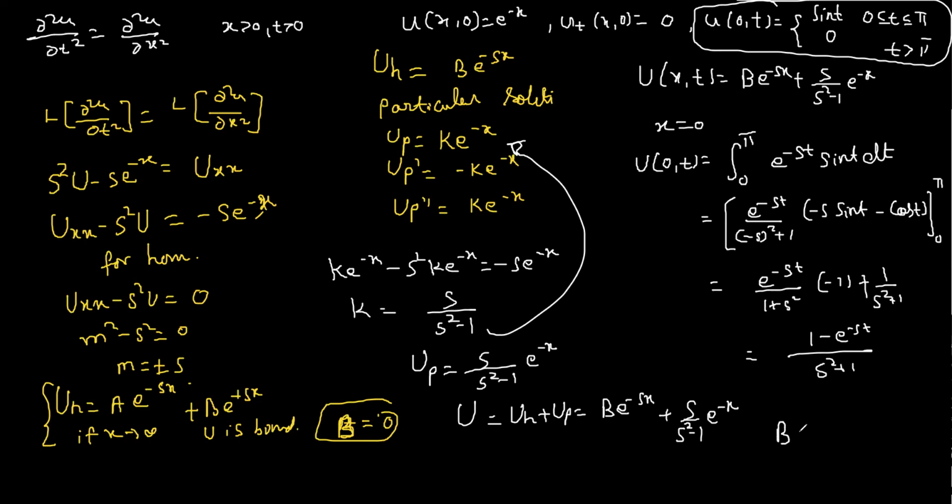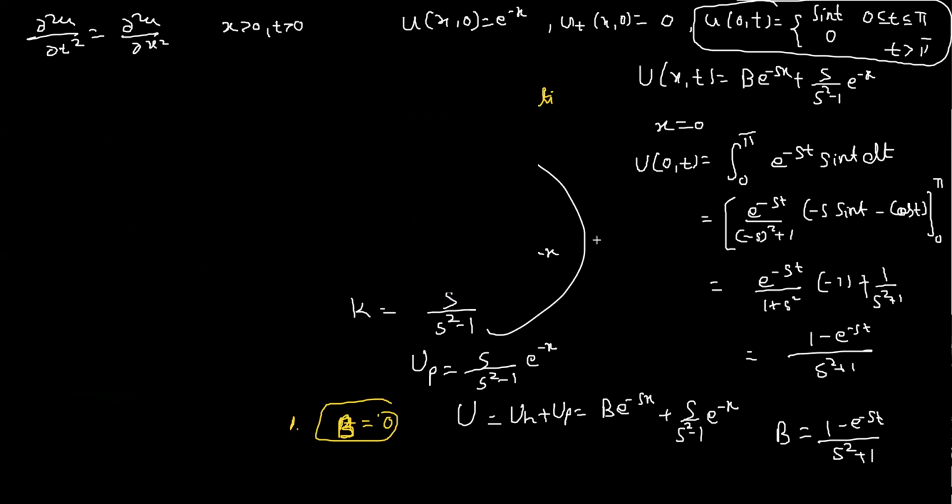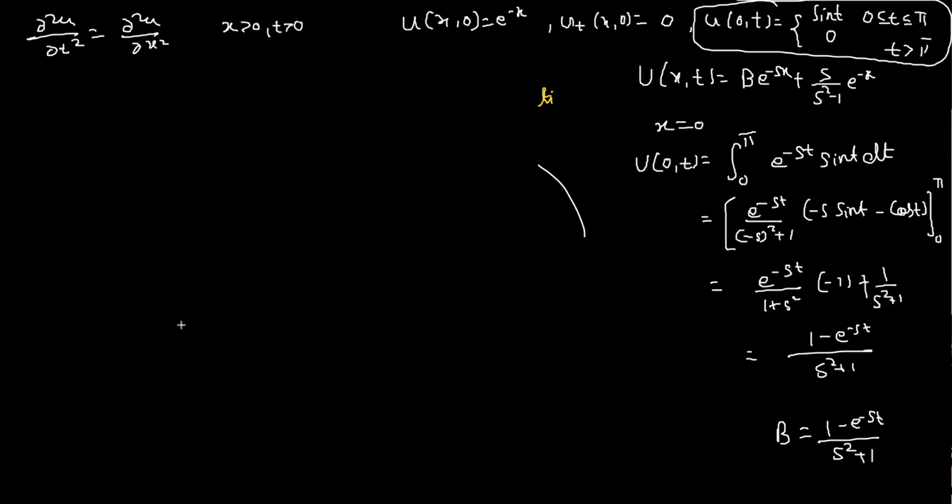Right here, b is equal to, understood? This is quite lengthy. Put here b, uxt is equal to,